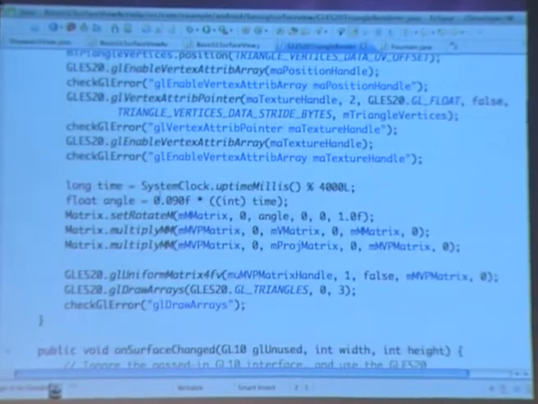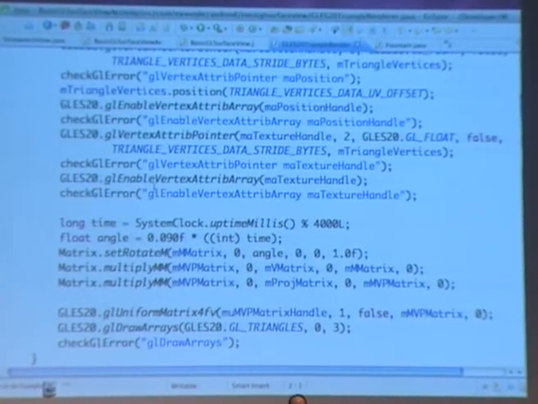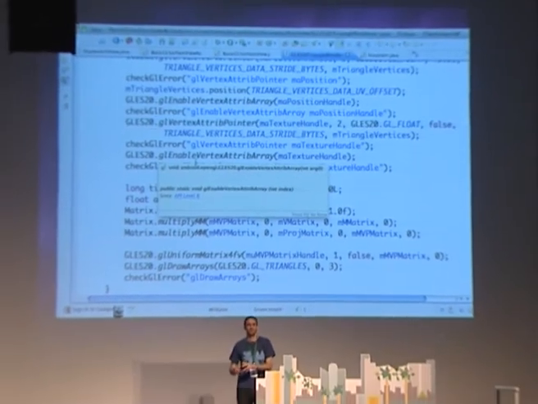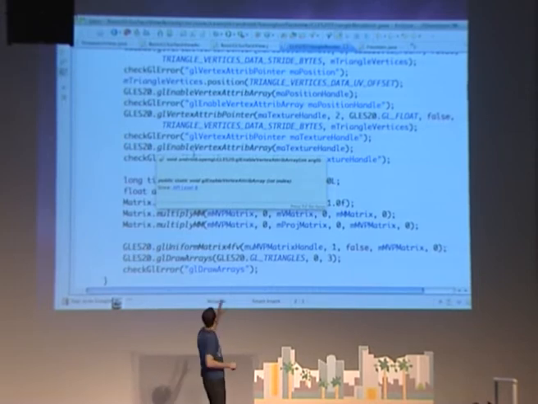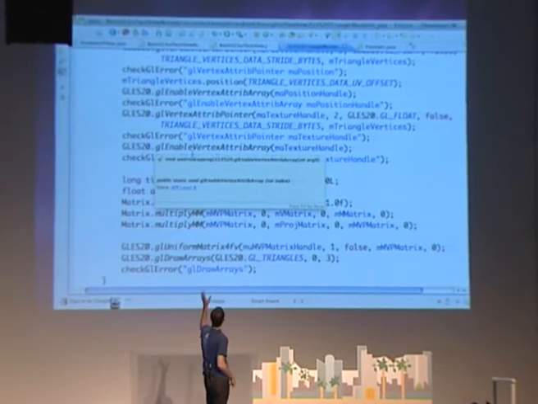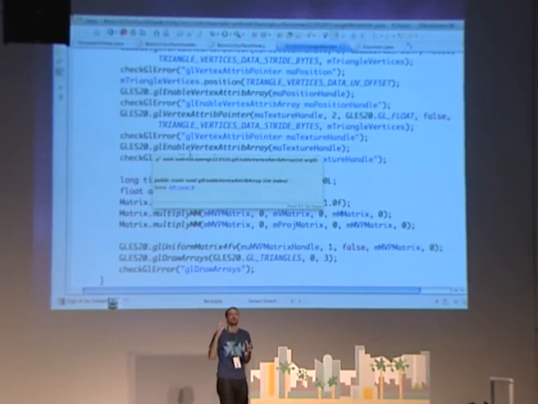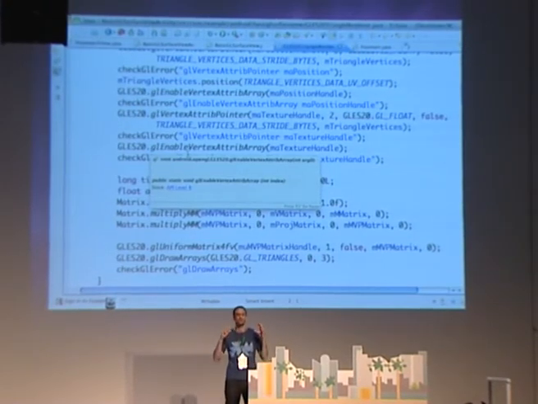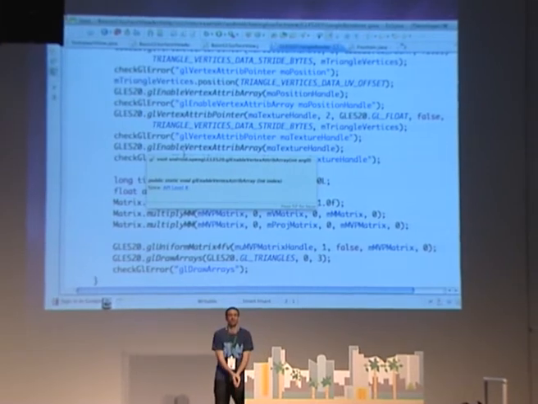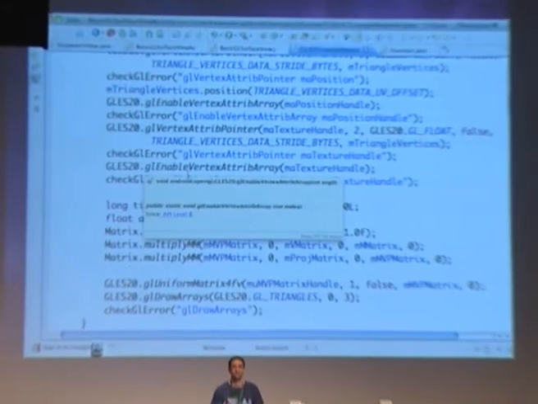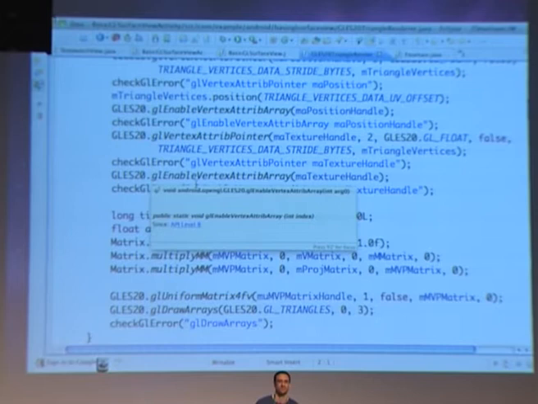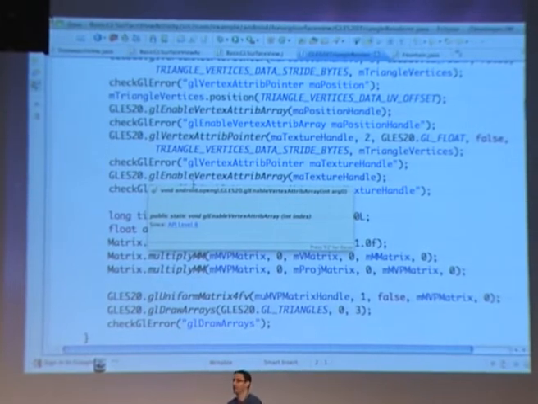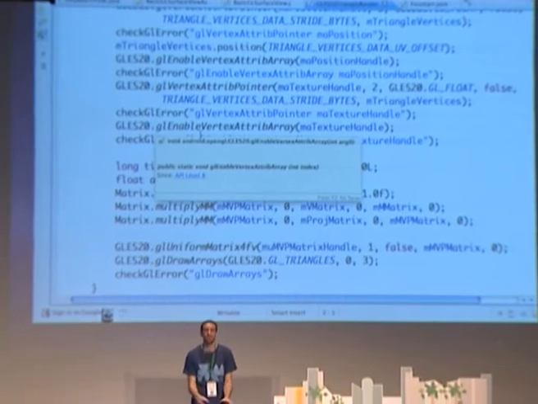Again, this is an open source example. And it's all done in the Java layer again, but we're accessing OpenGL. And this is where I said before that if you access OpenGL this way, all of these commands that we're doing, GL20 or GL20 vertex attribute pointer, all these things are getting sent by the OpenGL surface through the NDK, or through the JNI, through the native interface, down onto the native layer. So there's lots of little messages getting sent up and down. And as you can imagine, it's going to be higher performance if it was all written at the native layer, and we just send one message down and it all executes. But this is